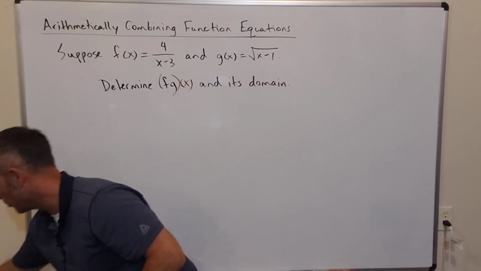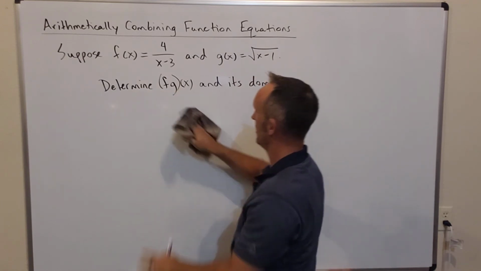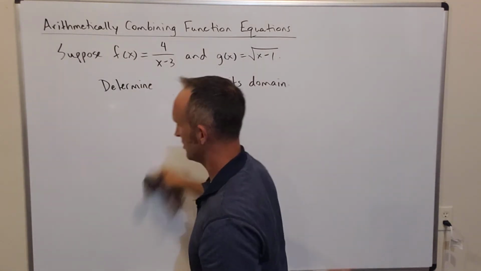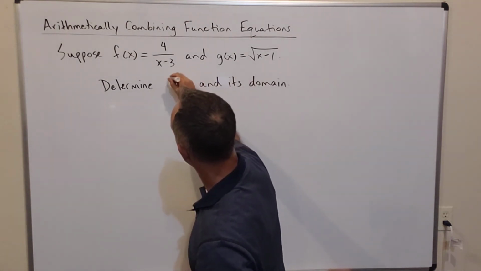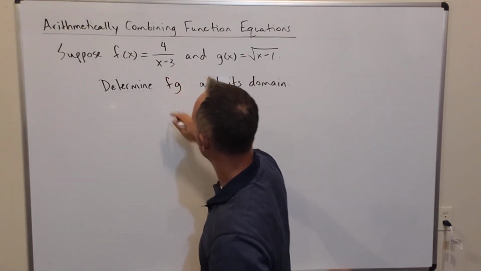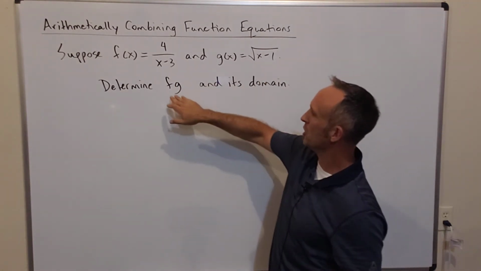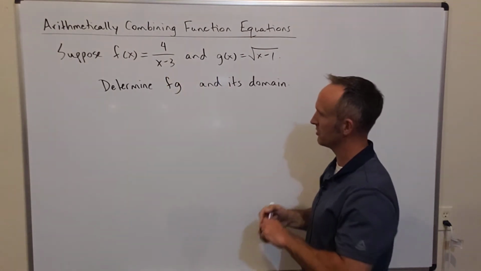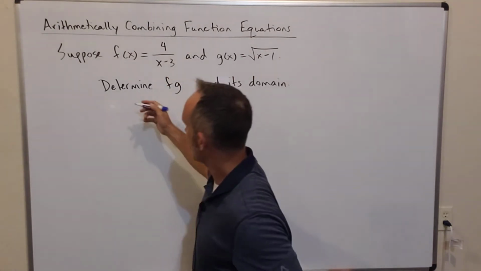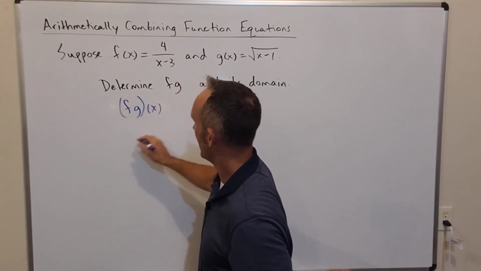I should word it the same, right? Usually it's not worded as determine fg of x. It could be. It's typically just worded as determine fg. Determine fg and its domain. So lots of ways to ask this question. But again, we know that when it's written like this, it's asking for an equation because the two functions are equations themselves. So we start by knowing that we need the formula for fg of x,